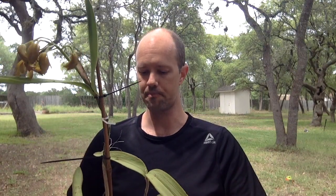So I posted this on Facebook. There's a group called Cattleya Lovers, and basically, if you're into Cattleyas, you need to be in that group. And I said, hey, why is this plant, which is next to all my other Cattleyas, doing so poorly? What's going on here? What am I doing wrong? I'm not super familiar with this particular species, and I got 2 replies. One of them said that looks like fusarium, and I'm not entirely sure that that's true. If it was fusarium, which is a type of fungus, I should cut into the rhizome and there would be a purple ring around it. I'm not entirely sure that's true,